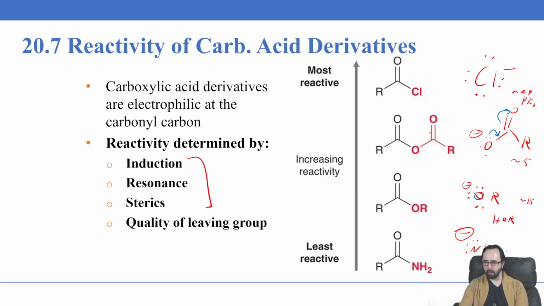And then for the amide, its conjugate acid has a pKa of around 38 for ammonia. So here again, NH3 would have a pKa of 38, super high. So not a great leaving group at all, a terrible leaving group. So what this means is that the acid chlorides are going to be very reactive because they produce stable products here that stabilize the negative charge, whereas the amide is super unstable,